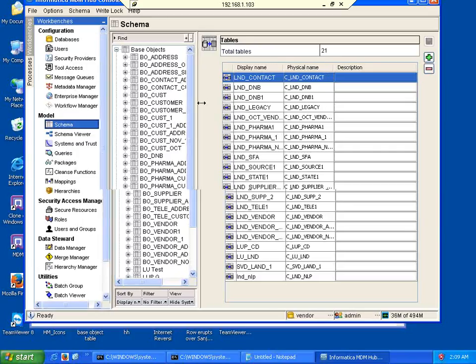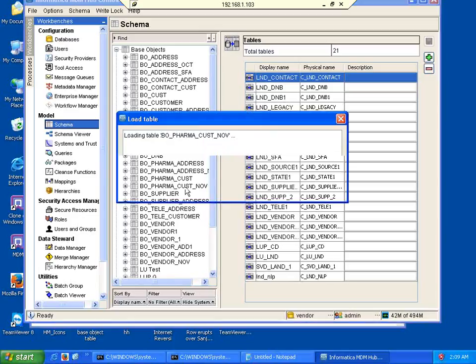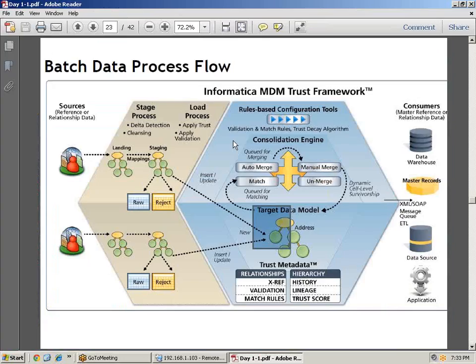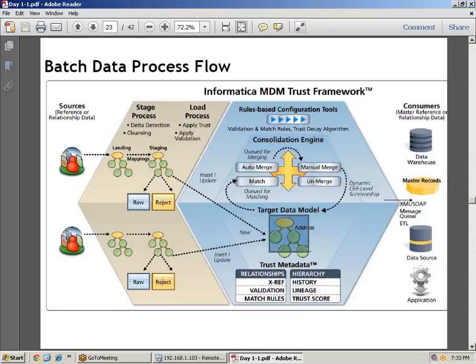So let us look at, let us say we are going to use the customer base object table. Within that you can see the staging table section. Why do we need to create staging tables within the base object table? Because if you look at this diagram, n number of staging tables' data needs to be sent to the base object table, which means the structure of the base object table should be equal to, or more or less equal to, the staging table. Anyway, we need to maintain that for each and every source system. Remember, fine. Now for that we need to create staging tables based on the